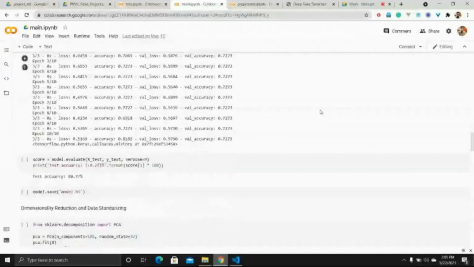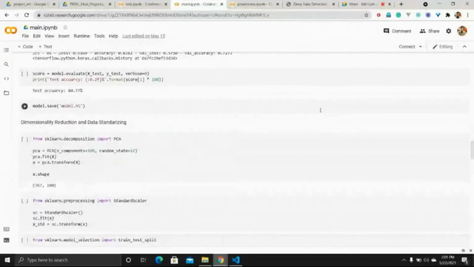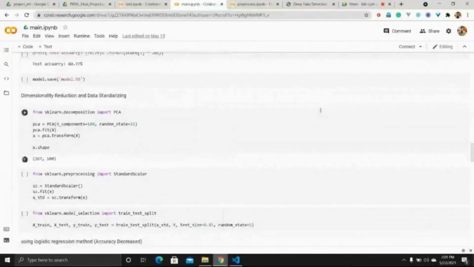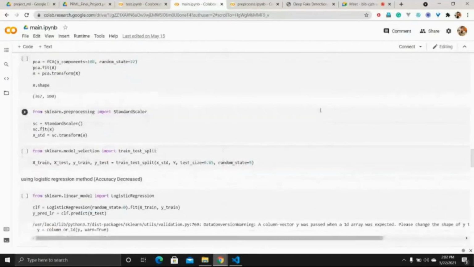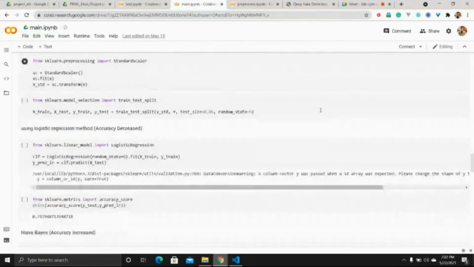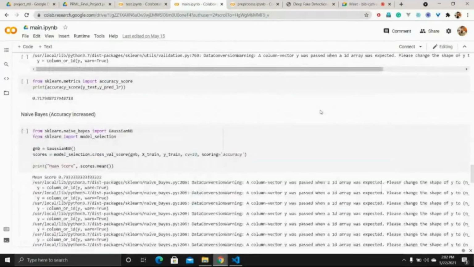After this, we did some pre-processing on the feature vector. The pre-processing was very simple. We just used principal component analysis and standard scaler to first reduce the feature vectors to 100 and then standardize the data set. By doing so, we again trained the models and found out that the accuracy decreased in most of the cases as we have reduced the number of features, but it did increase in the case of Naive Bayes, which was expected since Naive Bayes works better when we have independent feature vectors.